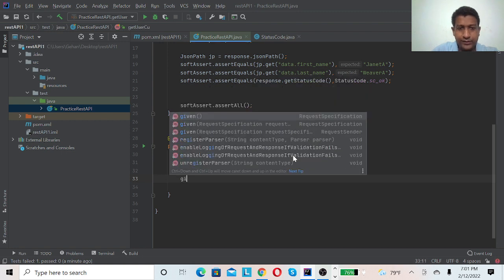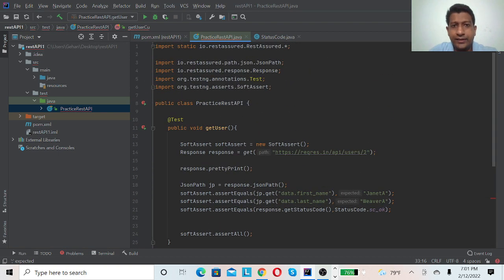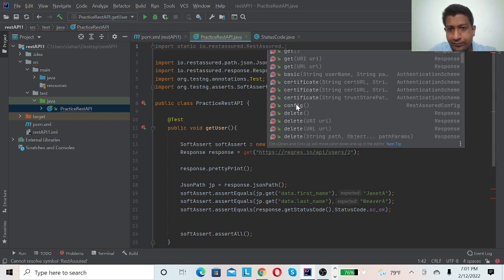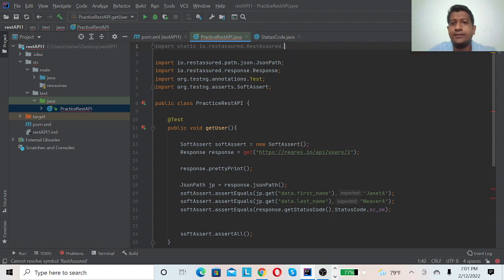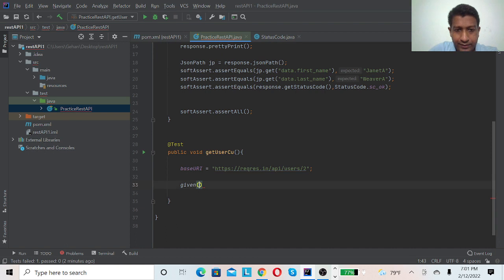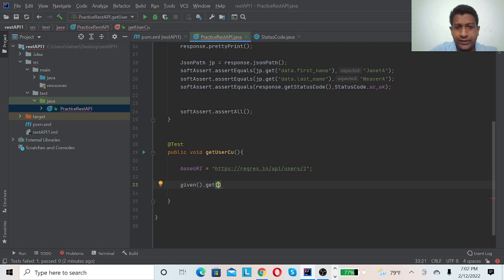I'm using the given keyword. The given keyword is also inside the REST Assured class, so I will put a star mark there, and given dot, since it's a get request, I will put get.